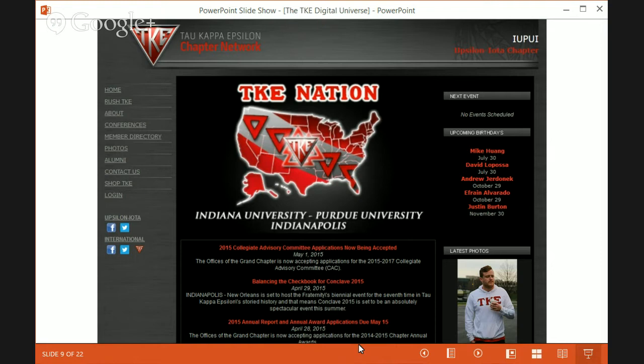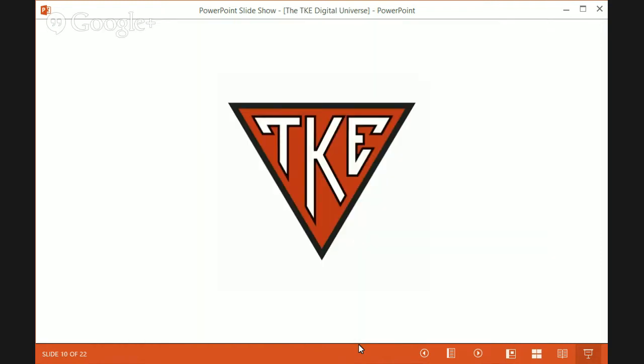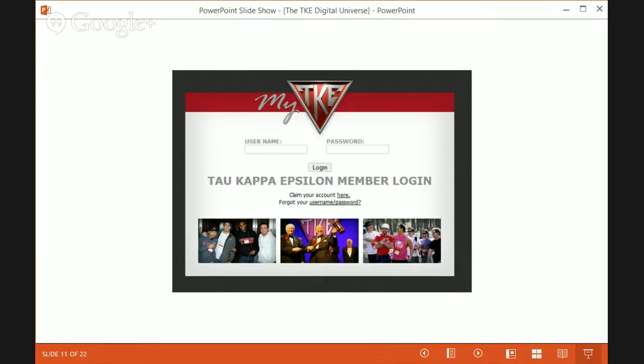Next up, I'd like to spend a little time and kind of the majority of our time here on the myteke.org system. So the chapter module has really been designed to create the ability for chapters to help manage their undergraduate chapter and help our volunteers kind of work with them and report things to the headquarters. MyTeke, on the other side, is really designed for the general member. This is the every Teke that can actually go in, log into the system, and utilize it.